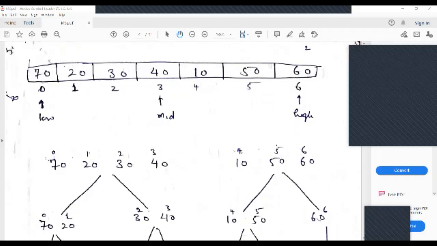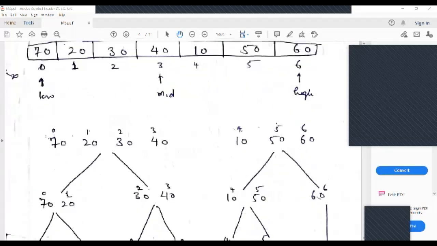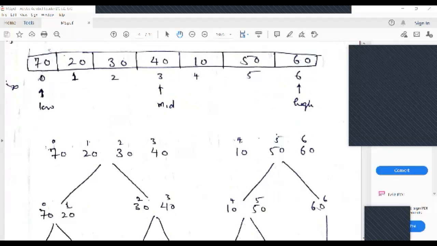ठीक है, तो लो को हमने लेटर से 0 मान लिया, हाई 6 हो गया. क्लियर? लो और हाई, just see each and everything is written over here. Okay, 0 and 6, and mid element will be (0 plus 6) divided by 2, 3 हो जाएगा ना, index 3 will be your midpoint. Then your first sublist, just see, merge sort A पास किया आपने, you have just passed this array A, low that is 0 and high, 6, ये सब पास किया आपने.